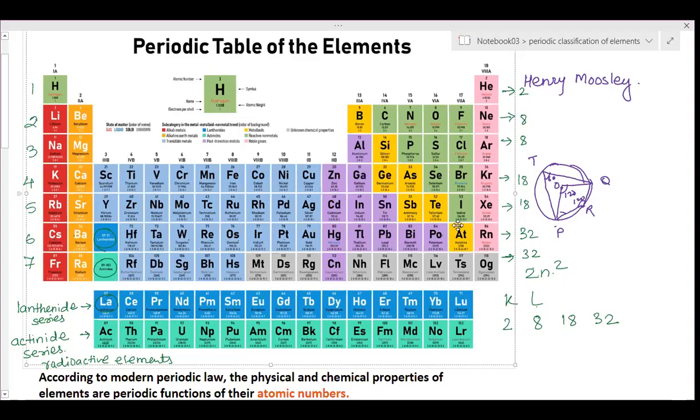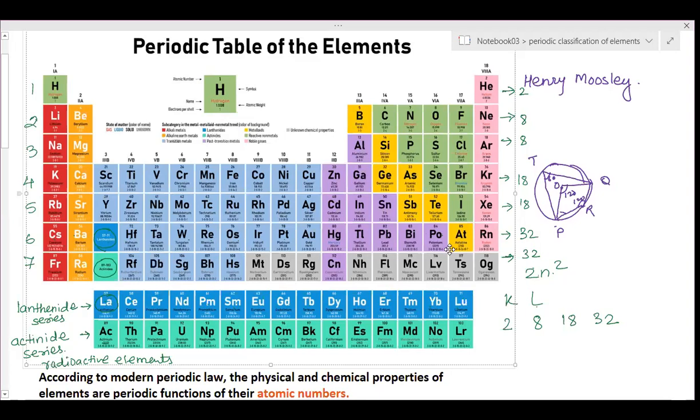The elements on this diagonal have properties similar to that of metals, as well as some of them similar to non-metals. So what are these elements called? Metalloids. This is what is written in the yellow part. So these are all metalloids: boron, silicon, germanium, arsenic, antimony, tellurium, and astatine. These are the 7 elements which are metalloids.